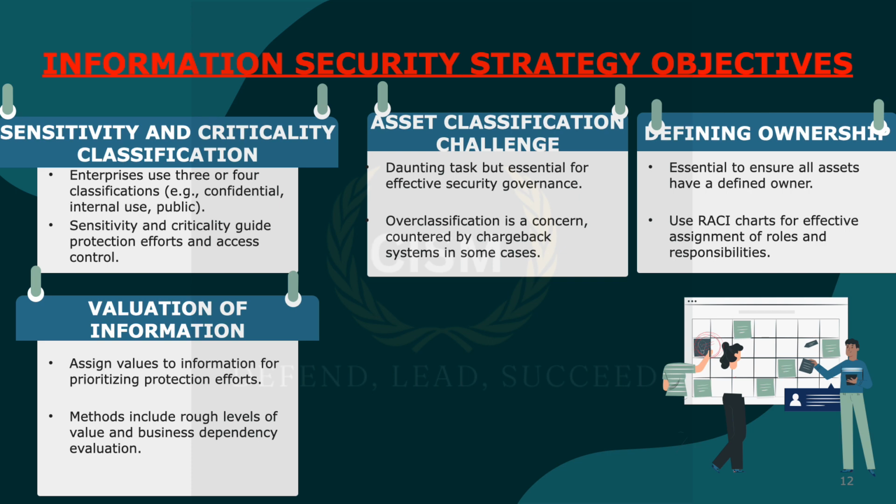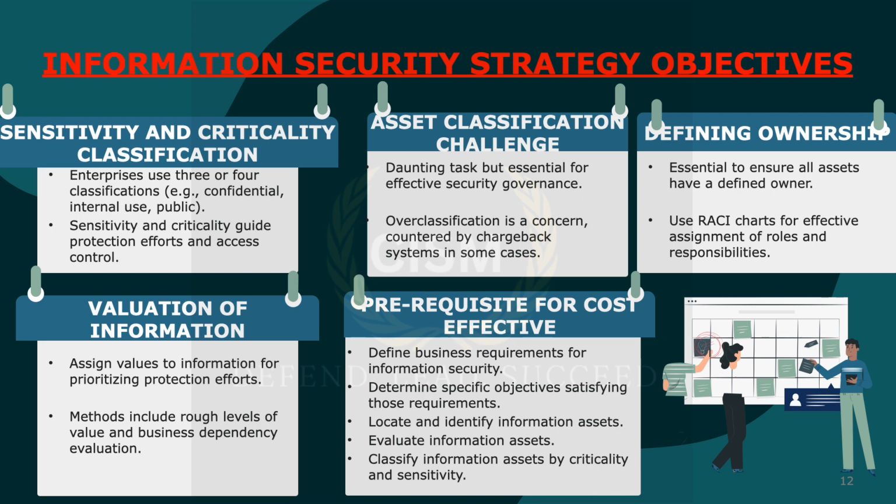This is done by figuring out their importance and how much the business relies on them. There are methods like estimating levels of value and assessing business dependency to help with this. Next is about the prerequisites for the cost